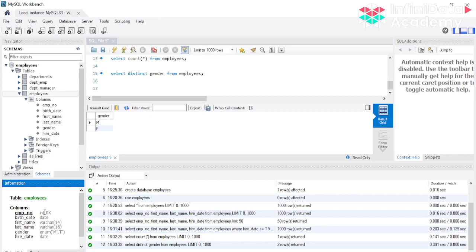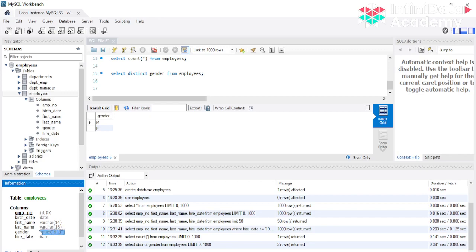And the hire date is a date value, and as well as your birth date is a date value. First name and last name, as हमने last time में देखा था, it's a varchar and we have a limit of 14 characters, 16 characters over here. And this gender is enum. Enum is basically आप define कर सकते हैं the number of values, kind of like array होता है in a programming language. So same way you can define कि gender में it can be only these two values. So obviously this is a very old data set, that's why it has just these two options, but otherwise in today's era there are a lot more options than just two.